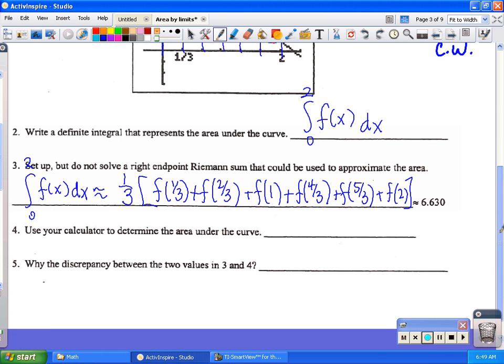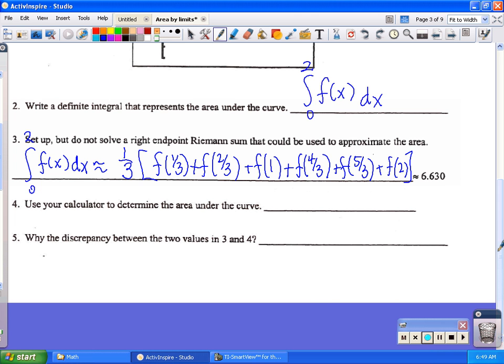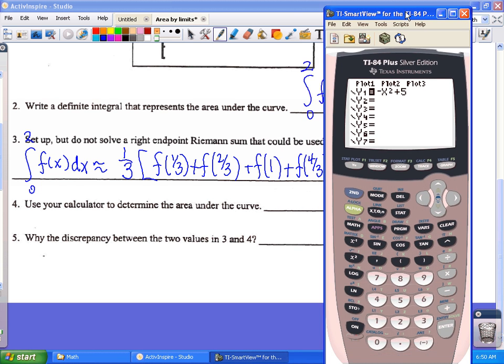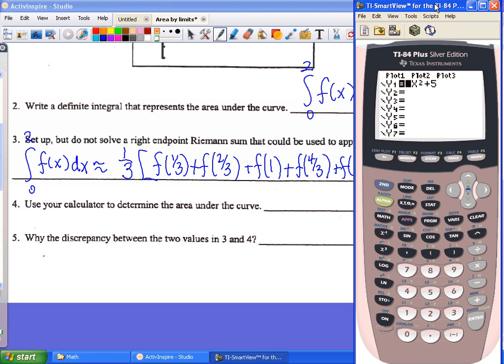So we've already looked at how our calculator can do integration for us. So I'm going to bring the calculator up. In my y number 1, I already have the function negative x squared plus 5. If you don't remember how to do this on the calculator, I'm just going to review this with you. I'm going to let the calculator find the exact area for me. I'm going to show you 2 ways to do this. First of all, I'm going to go to